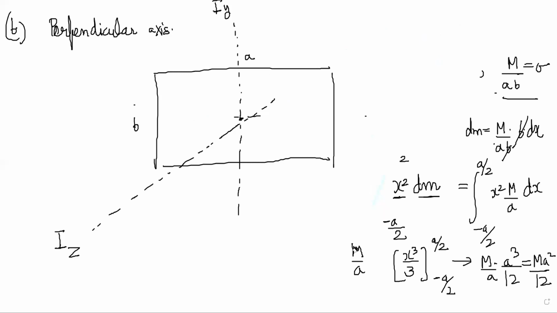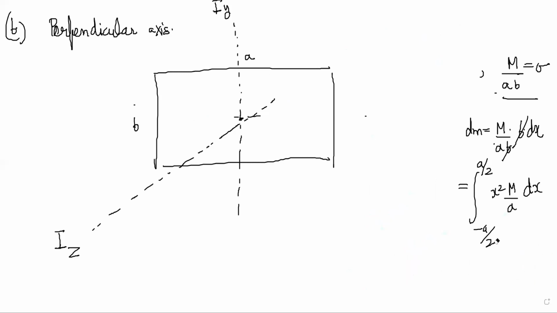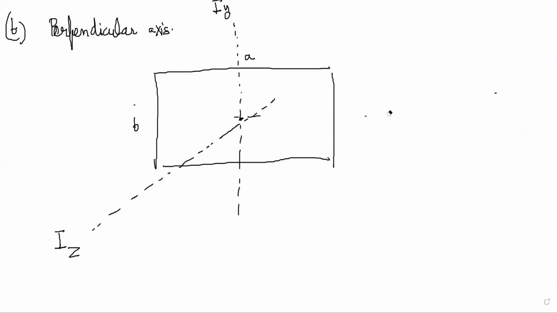So think about it. It is really hard to construct a proper small unit mass, right? For Ix and Iy, it was easy to get a line which is symmetrical and keep varying. For Iz, what will you take as a small element? That is the problem right now. You are not able to take any nice symmetrical element, because this is at the center of the rectangle. There is nothing very special about the rectangle in terms of symmetry. How will I vary it, right?